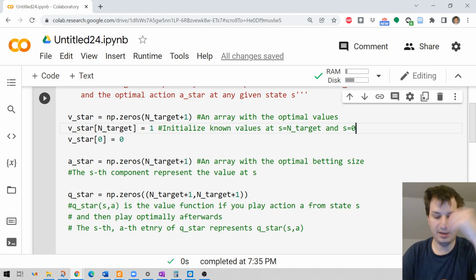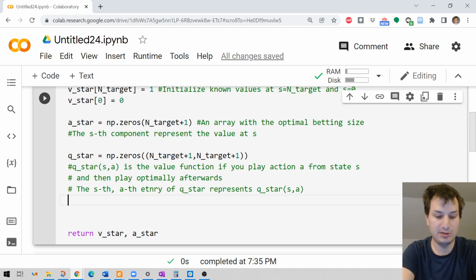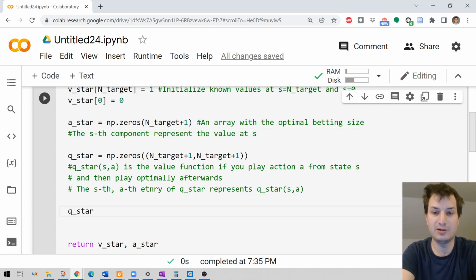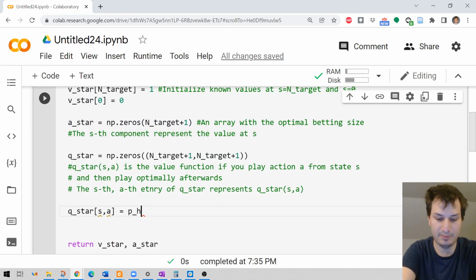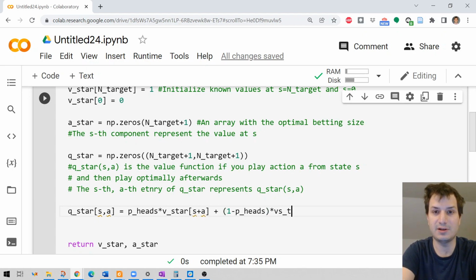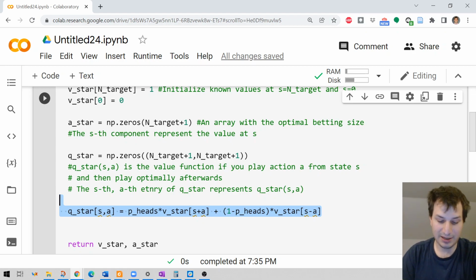A star is this. We're trying to figure this out. Q star is this, and the Bellman equation is going to be Q star of SA equals, let's just copy down the equation. P heads, that's given in the problem, times V star of S plus A plus 1 minus P heads times V star of S minus A. Okay, and this is the Bellman equation, and value iteration says if you want to find